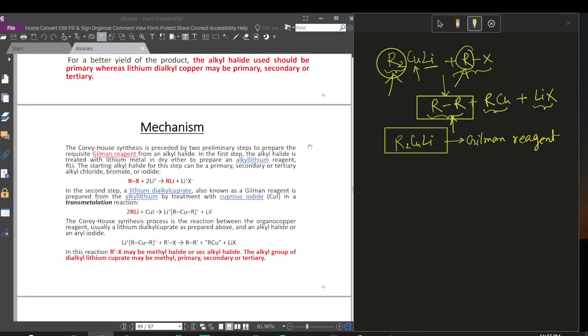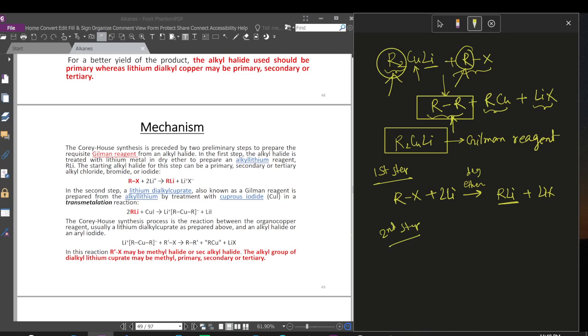The preparation mechanism of the Gilman reagent is mainly in two steps. In the first step, we need the alkyl halide. We react it with lithium, so this will form the alkyl lithium, that means RLi, plus lithium halide. This reaction occurs in the presence of dry ether. By this reaction we can easily produce the alkyl lithium reagent. This is the first step. And then the second step,